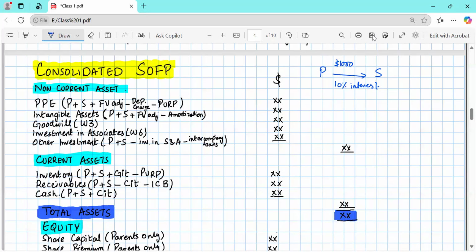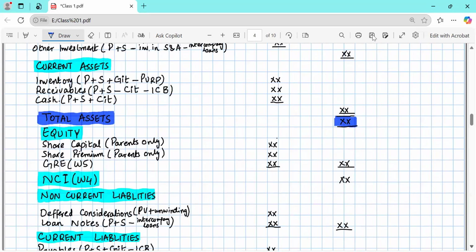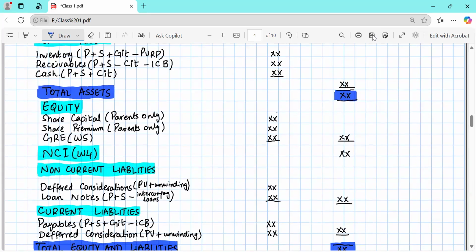So now the parent company, in their individual financial statement, would have recorded that in their investment section, because it is their investment, right, against which they are getting the interest. But in the subsidiary company's financial statement, they would have recorded that in the loan category, non-current liability, because for the party who is taking the loan, that is a liability, right? So they would have recorded that in the non-current liability.